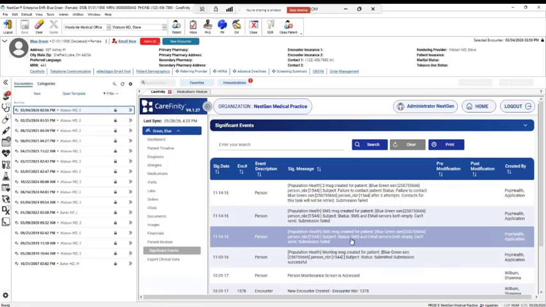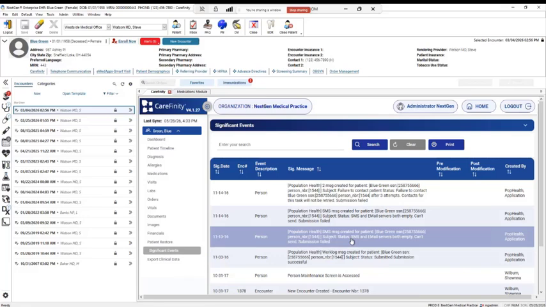We do not copy significant event data into downtime for all of your patients. It's only available on archive patients. It's not a very meaningful piece of data during a downtime, and it just adds a lot of overhead to include that in the downtime process. So it's only going to be available on your archive patients, and you can see the information here on their significant event tabs. You'll see the significant event date, an encounter number if there is one, the description of that